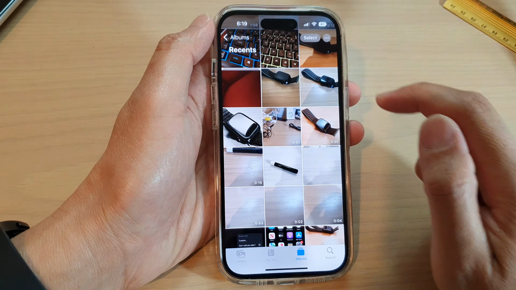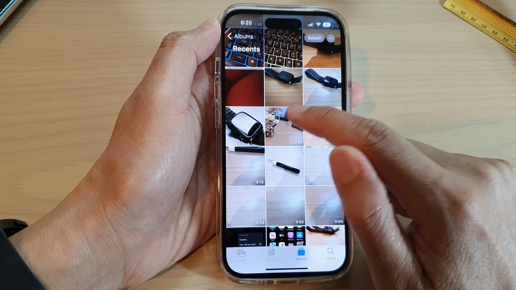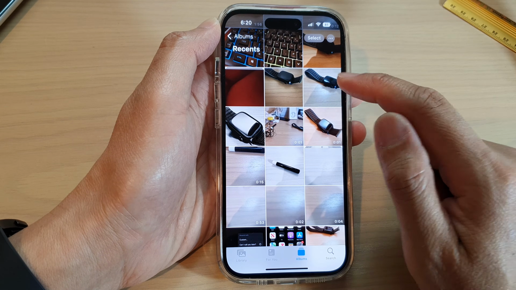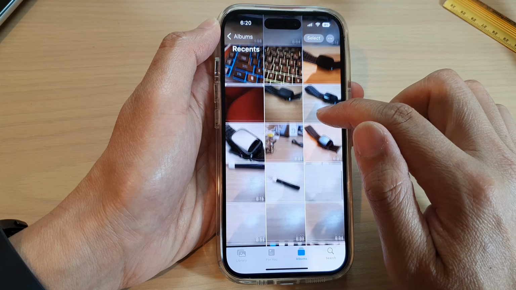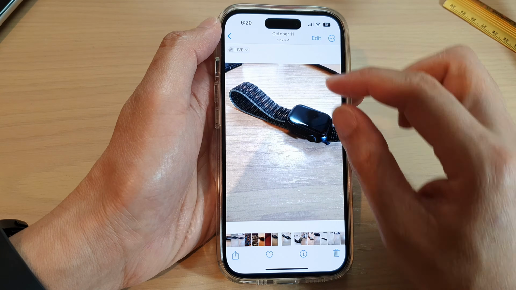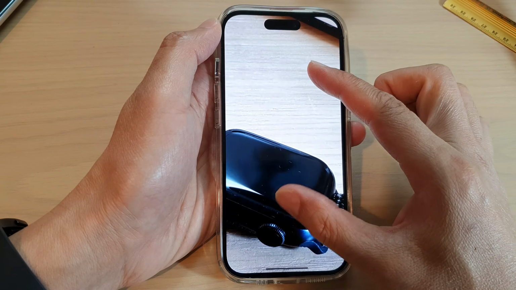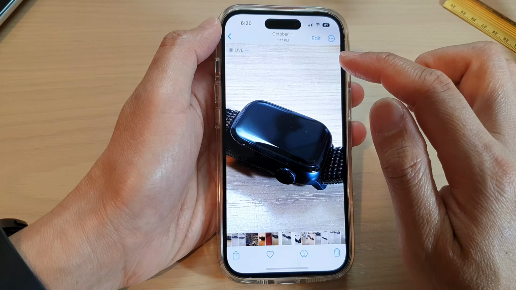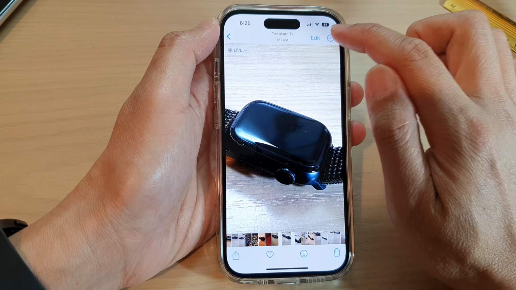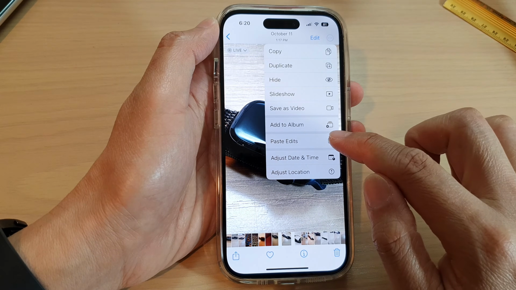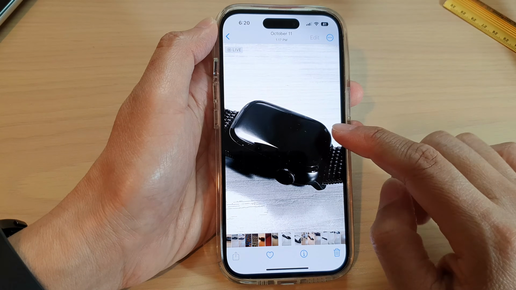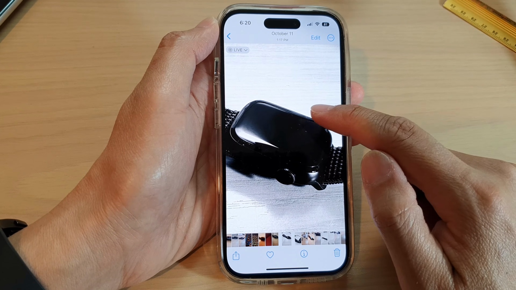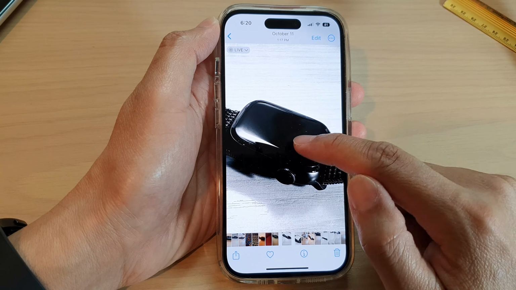Next, we tap on the back key, and if you want to paste that format to another picture, so for example, say this one right here. And in here, we're going to apply the format. So I'm going to tap on the menu key and tap on Paste Edit. And you can see it will automatically copy all the formats from the previous picture and it will apply to